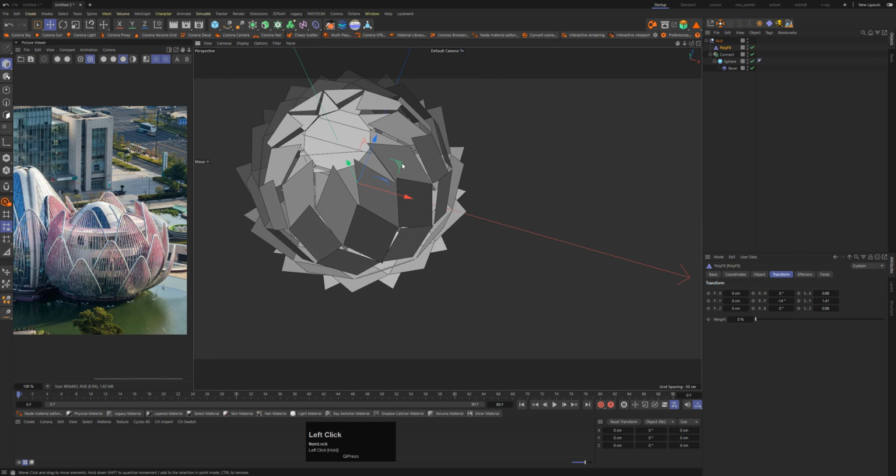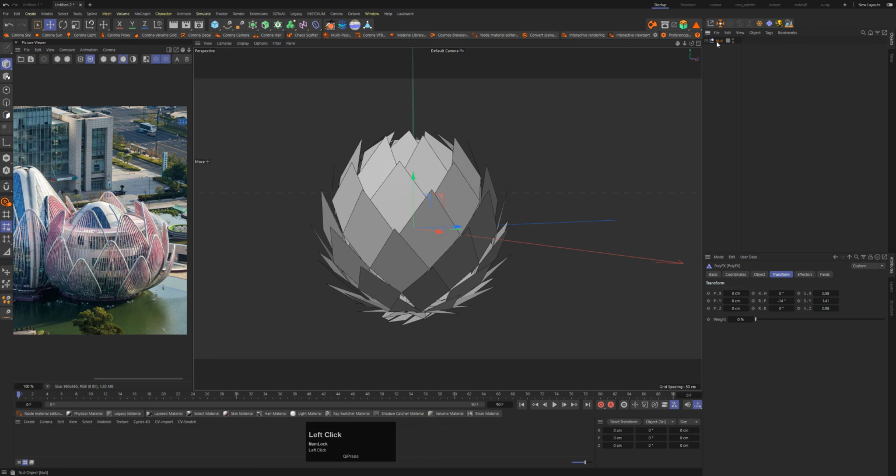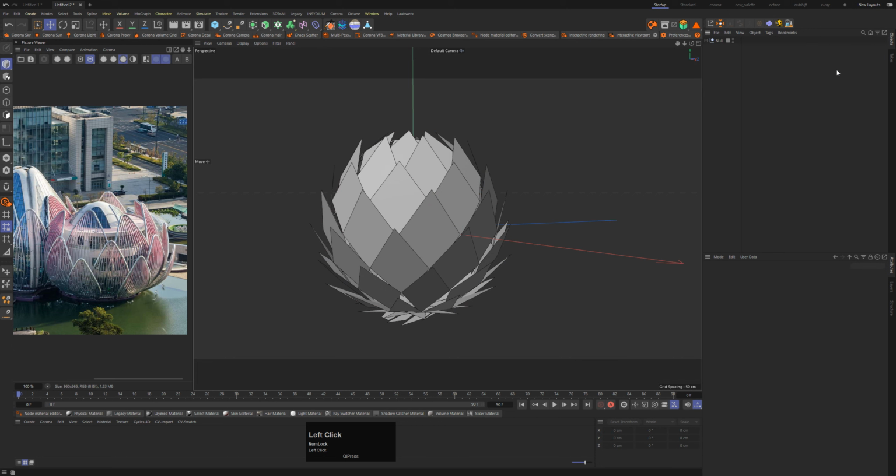of course with some anomalies, but we will get rid of them by clicking the null object and current state to object. If you don't find current state to object, or you don't have it, you just simply press Shift C and type current state to object, and this is it. You may even put it somewhere here if you use it frequently. Okay, let's hide the parametric version,